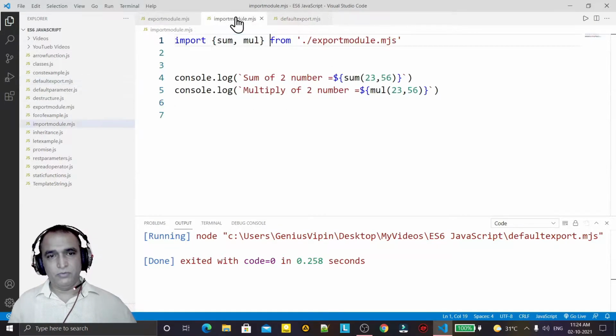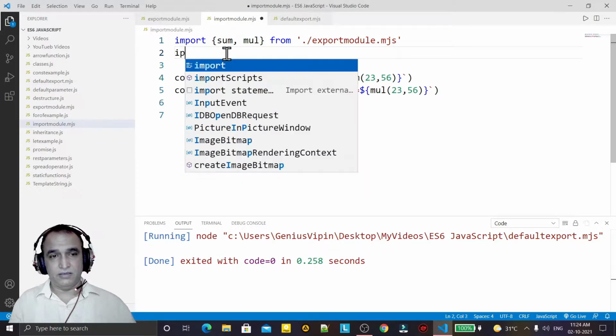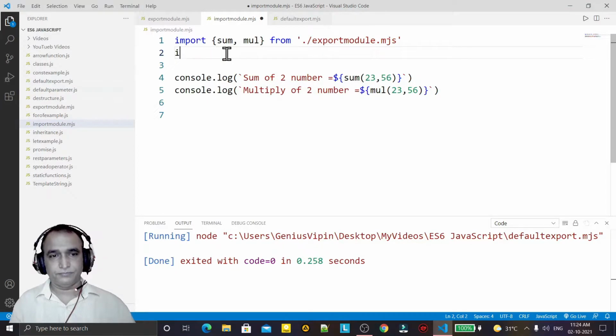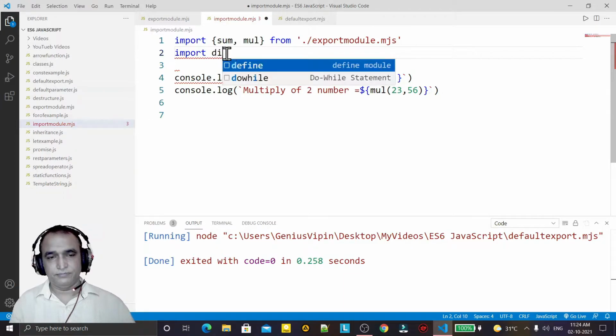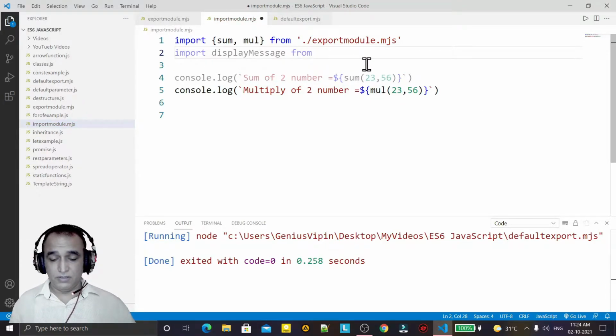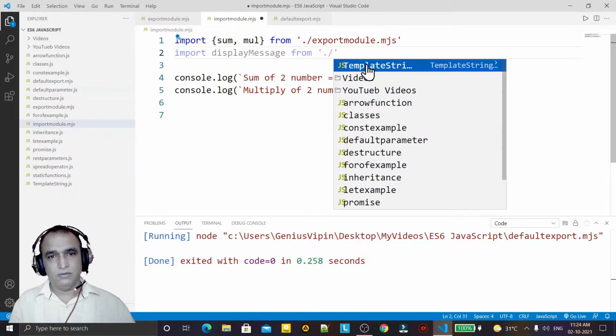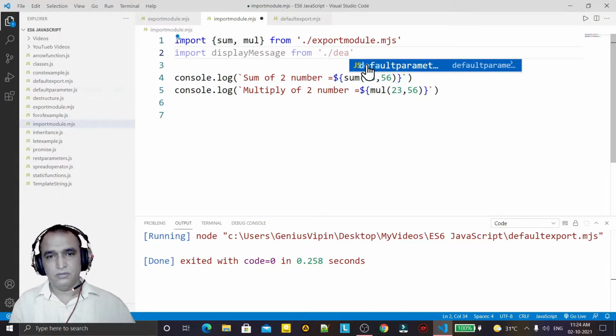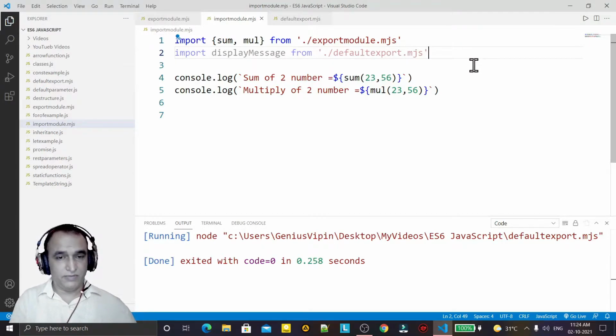Now I am going to the module import file, and here I try to import display message from the name dot default export dot mjs, and I save it.